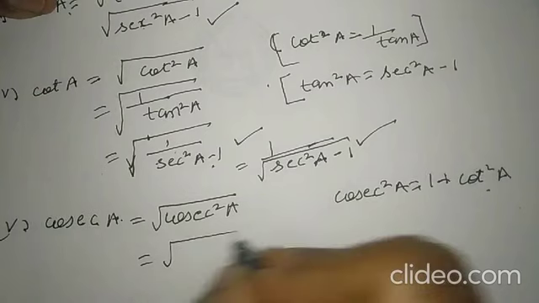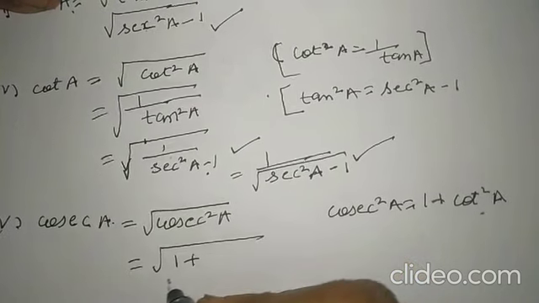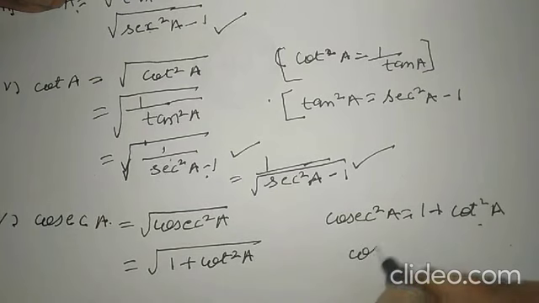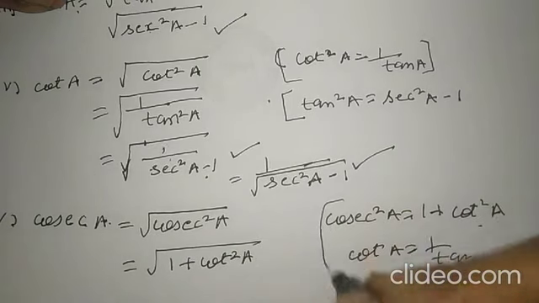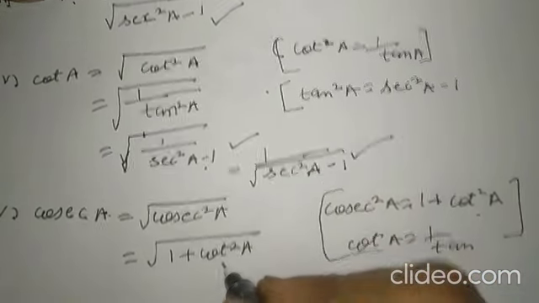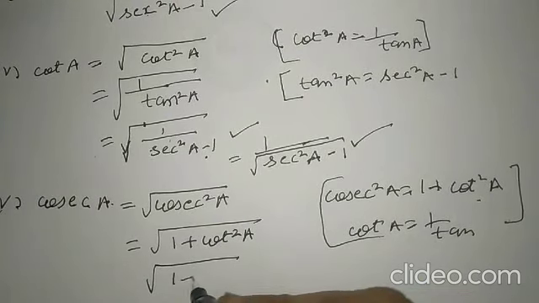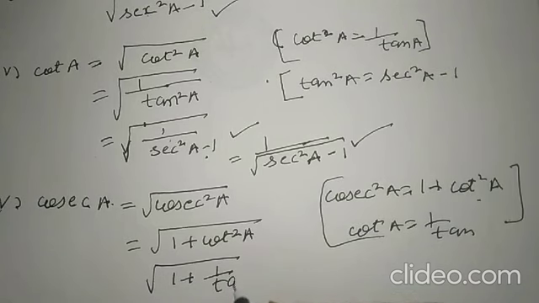So we will have root of 1 plus cot square A, and cot A is equal to 1 by tan A, we know that. So we can write cot square as 1 by tan square. So 1 plus 1 by tan square A,